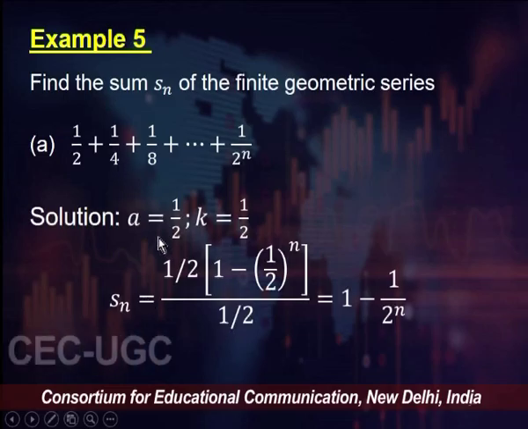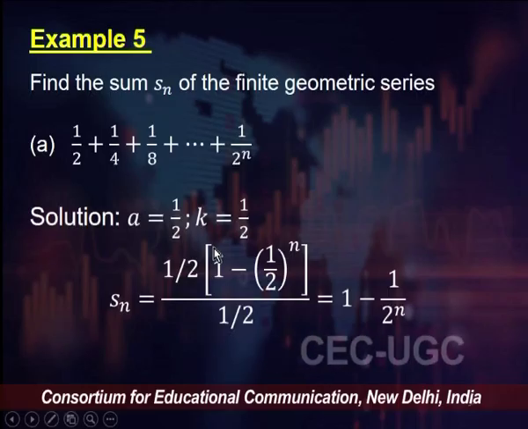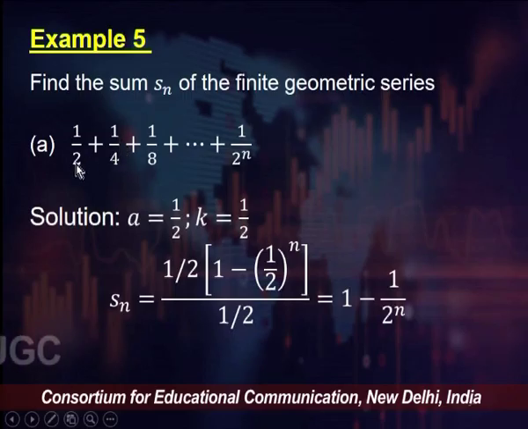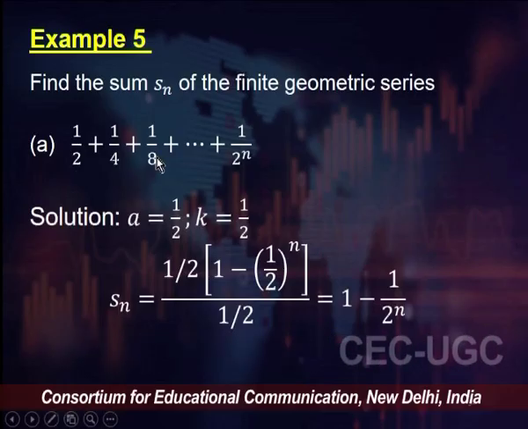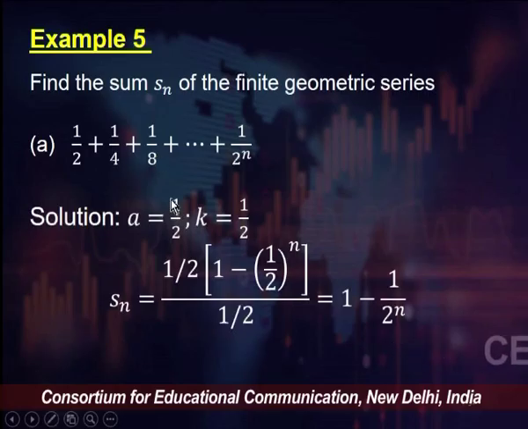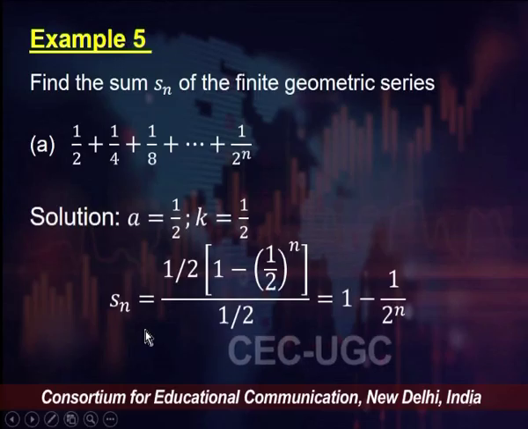So, here the first term is half, right. K, the common ratio, is half again, because if I take the ratio, let us say 1/4 divided by 1/2, that is nothing but half, right, or 1/8 divided by 1/4, that is also half. So, k here, the common ratio, is half, and you can see here that the sum would be given as,